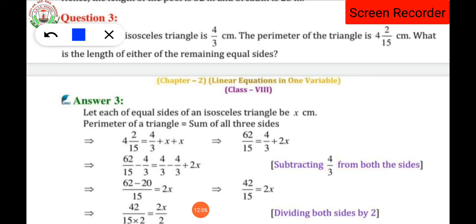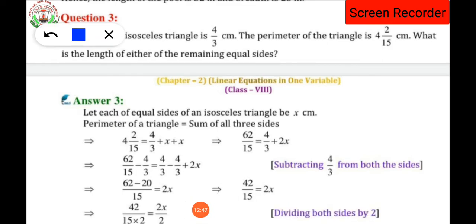do you remember what the perimeter of a triangle formula is? Sum of all sides. This you remember. Since in the isosceles triangle any two sides are equal, isn't it? So A plus B plus C is the perimeter formula. Since in an isosceles triangle any two sides are equal, suppose the first and the second side, the formula will be 2A plus C, or B, isn't it? So using that formula also we can solve it. Clear everyone? So using that formula only we are going to solve.